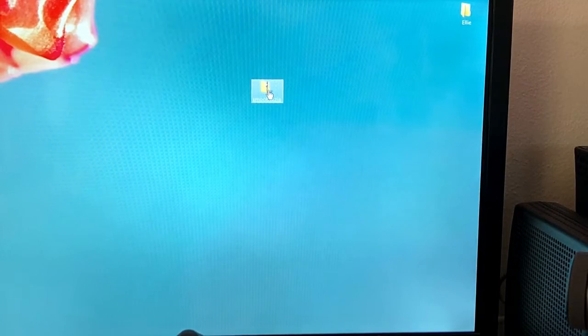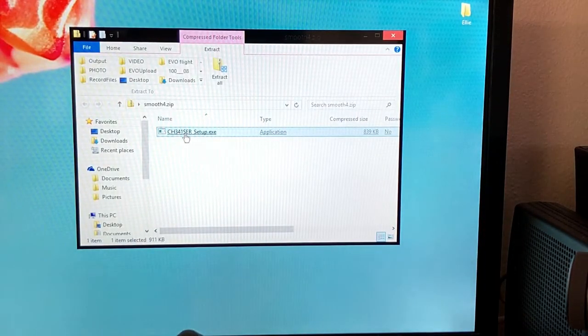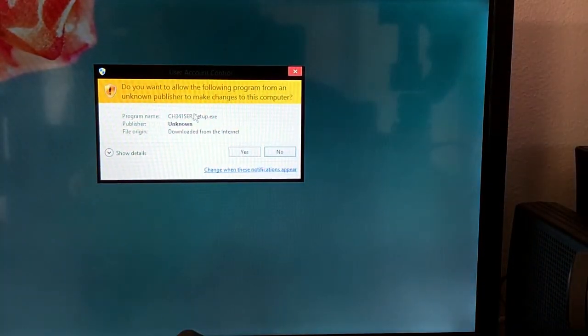And basically what you do is you open up the zip file. When you run that up, you're going to go ahead and just run this executable file. Click that. Once it comes up, you're going to be presented with this right here, which is, like I said, typical Windows, just letting you know, hey, do you want to allow the following program? It has an unknown publisher, etc., etc. I just hit yes,